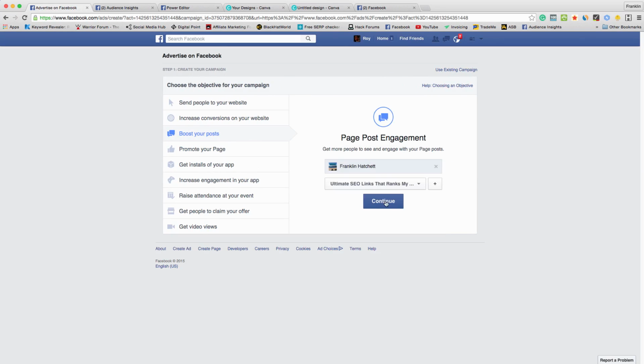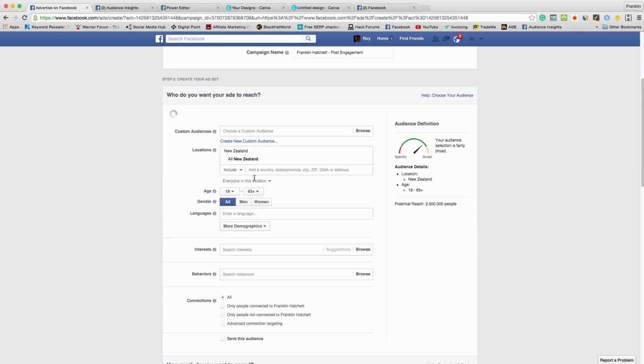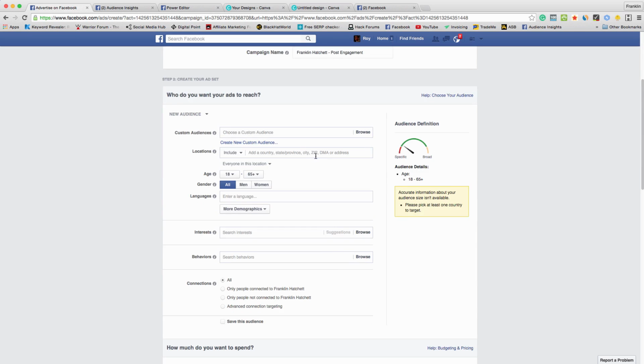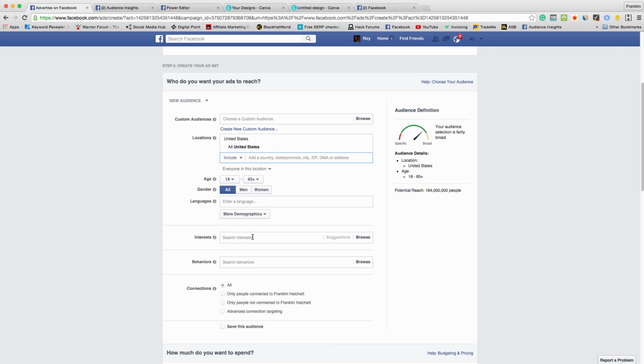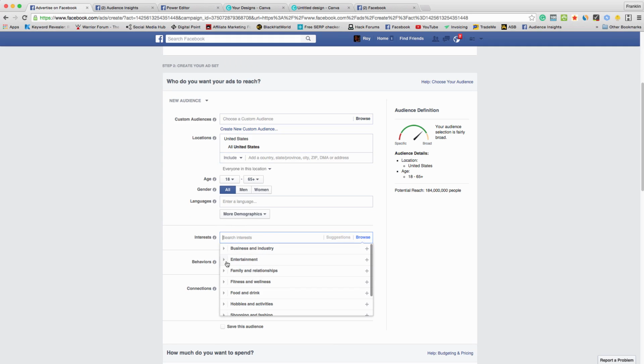The Power Editor can be very confusing to start with. I know I found it very confusing. You just go through here and add a whole bunch of stuff. So United States, and then you can add your interest here. But just remember, this will take a long time to go through all of this, but we're just going to add family relationships, fatherhood,